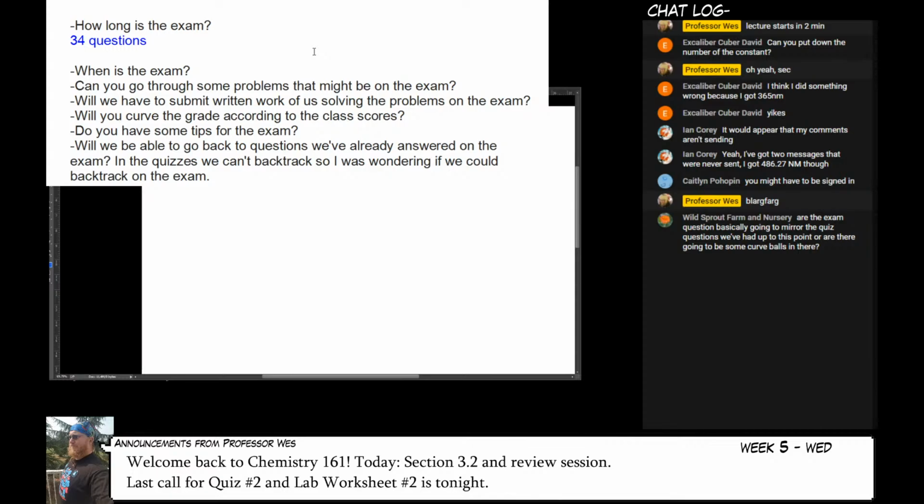Are the exam questions going to mirror the questions on the quiz, or are there going to be some curveballs in there? A little of column A and a little of column B. Mostly column A. So if you have studied the quiz questions and know where you went wrong, I draw from similar pools, but they're not identical. Now, the chance that you get the same question that you got on the quiz is non-zero. So there is a possibility you will see questions that you've already seen before, but the vast majority of you will see new questions, because the odds of that happening are in the 1 in 20